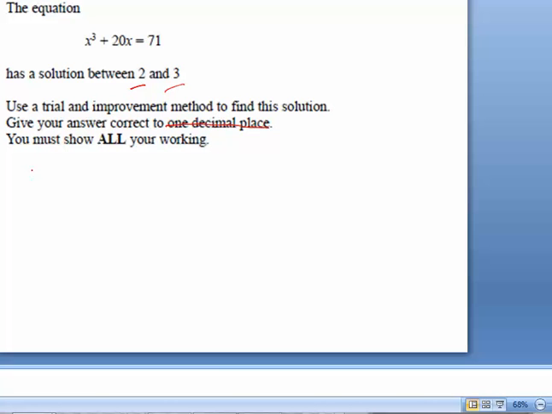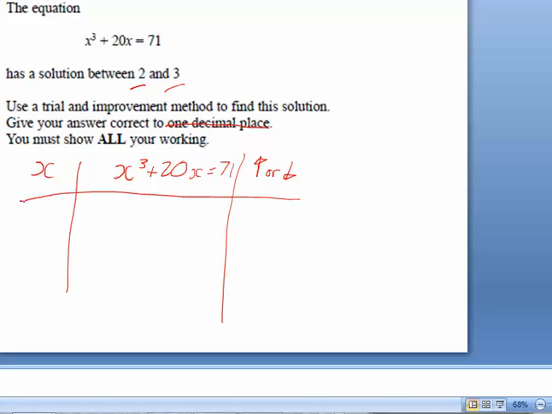Right, I'm going to start by drawing a table. The table has got 3 columns: x, the equation x cubed plus 20x is equal to 71, and then whether it is too big or too small. To help me, I'm going to use a scientific calculator,